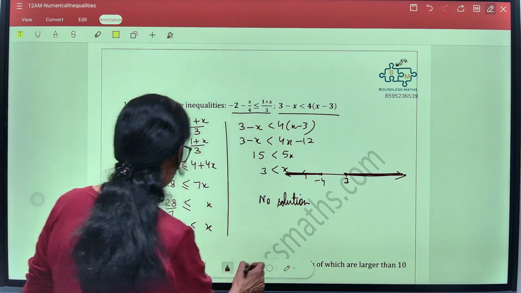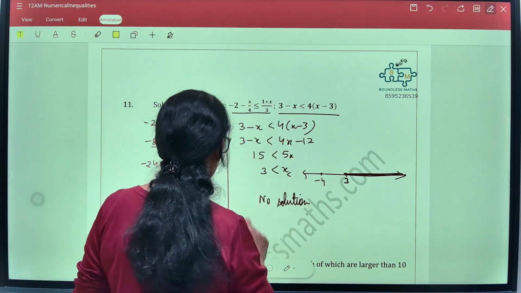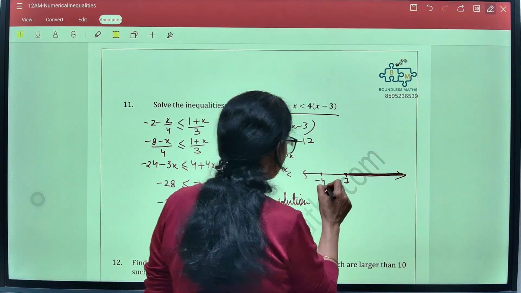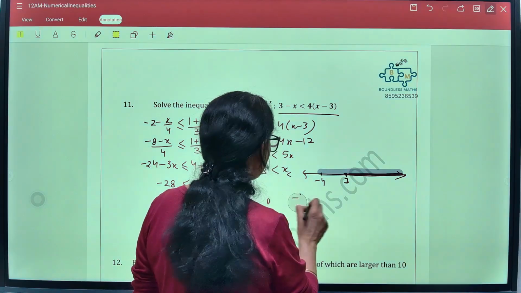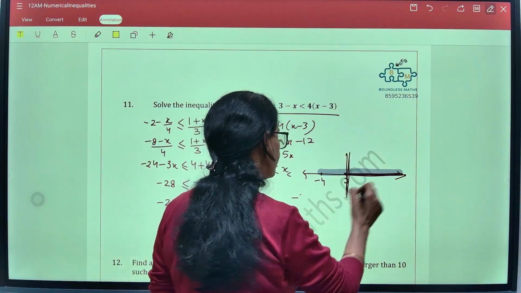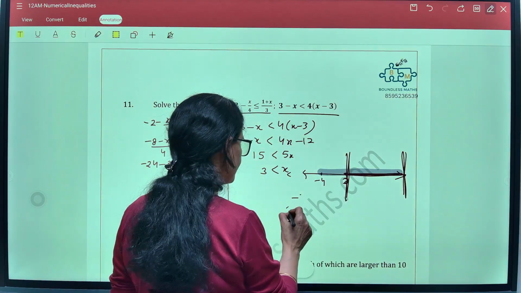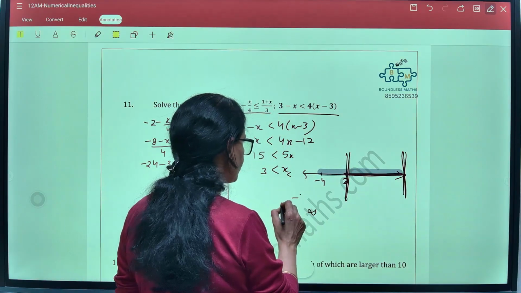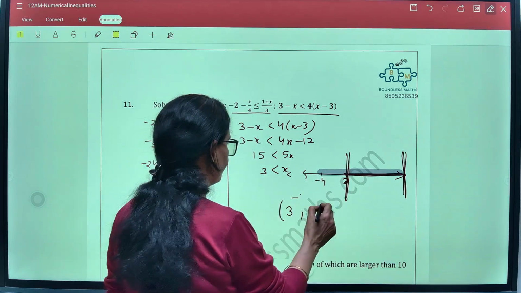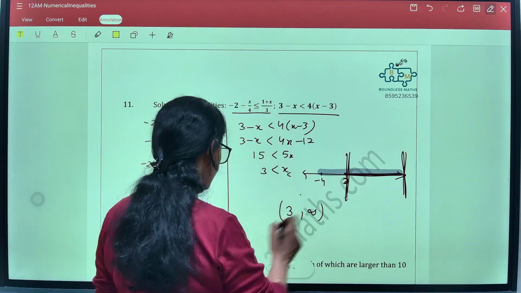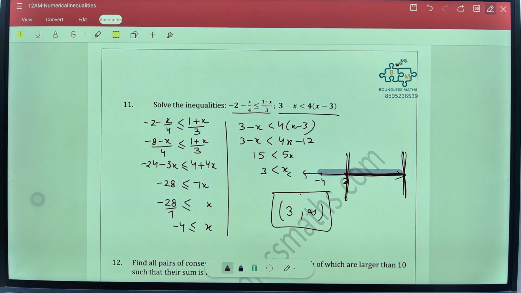Okay, I made a mistake here. It is x is greater than minus 4, not less than minus 4. That means here it will be x is greater than minus 4. So this is the solution area. So that means the common area is from here till here. This is the common area that we have. And how to write this? 3 and the other end is infinity. So that means it is more than 3. Is it inclusive of 3? No. So this is the final solution, 3 till infinity. So interval from 3 to infinity.